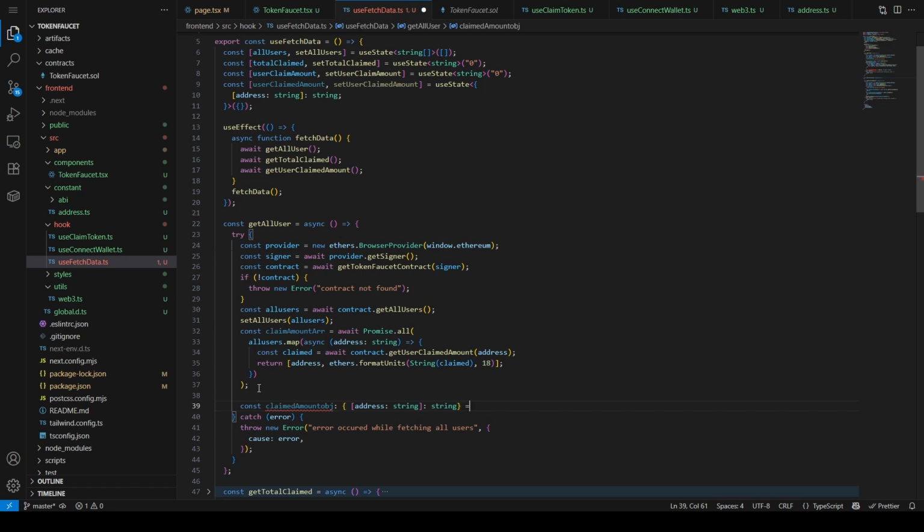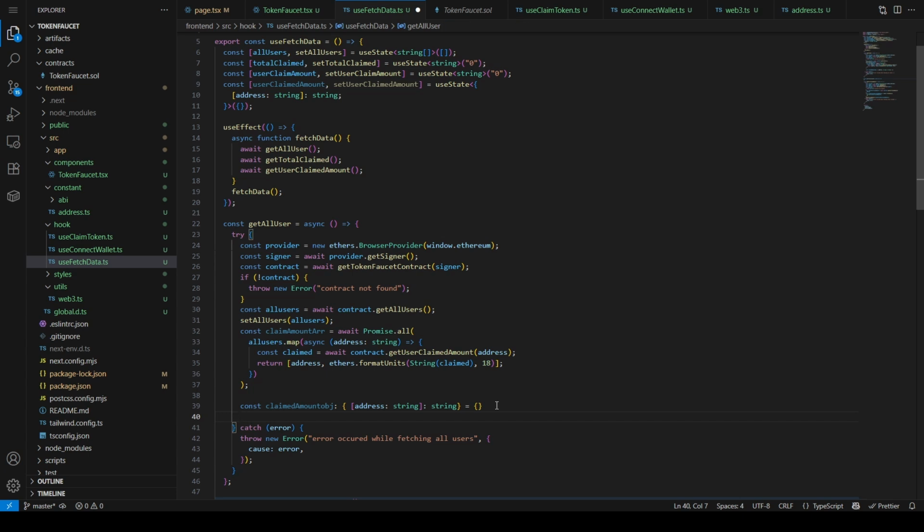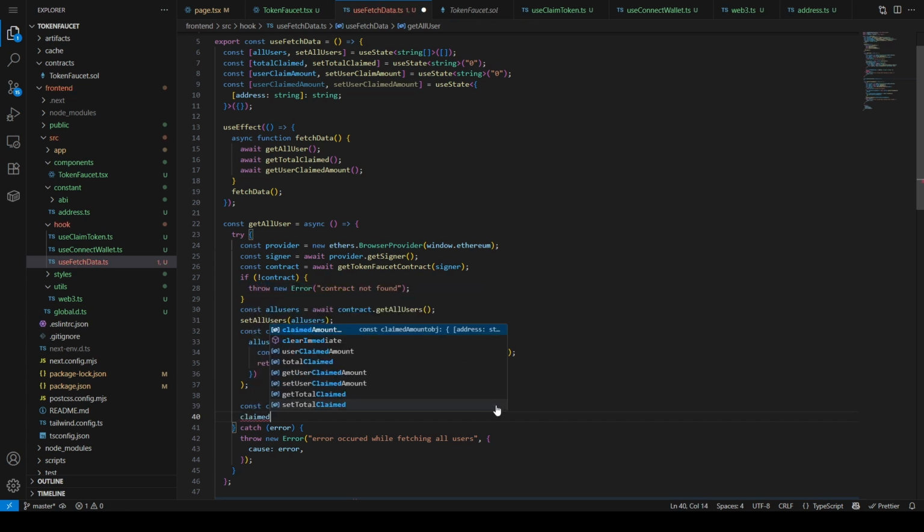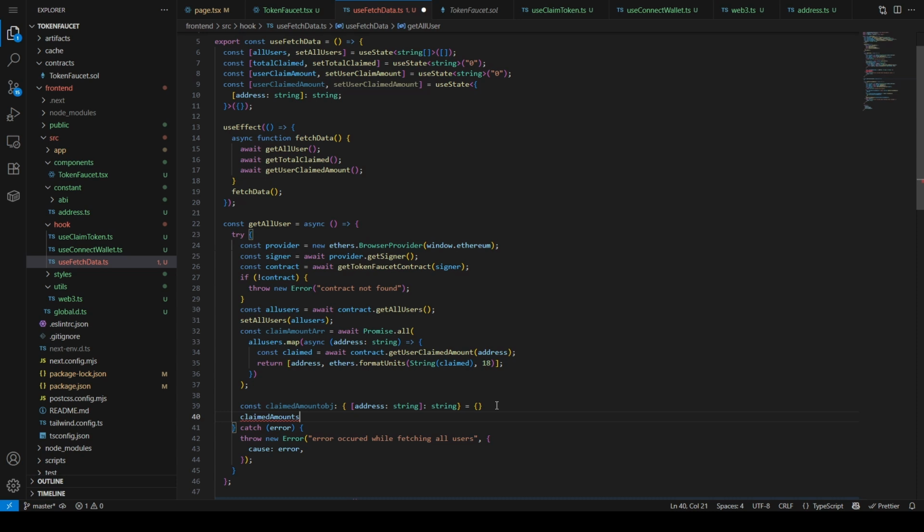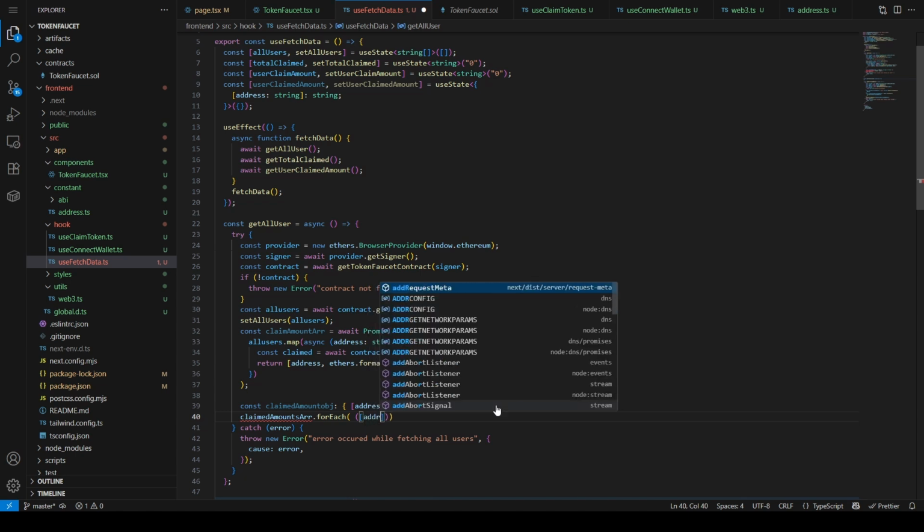It's going to be equal to an empty object. So we say claimed amount array again. We are going to say for each of the addresses with its amount,